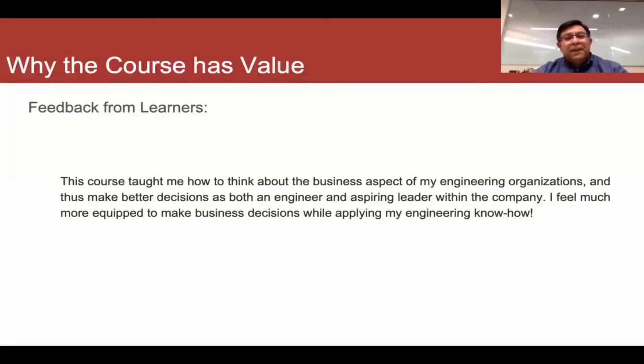And so being in manufacturing is no longer just about doing the equations or doing great prototypes or perhaps even designing products or processes. It's much more. And so the learners in the past have appreciated that we introduce them in a rigorous but gentle way, I think, into these concepts.